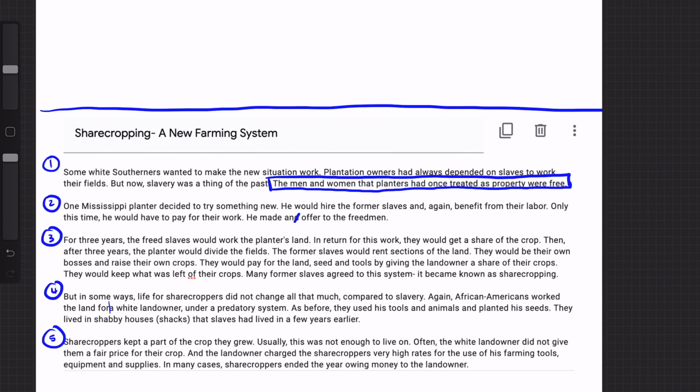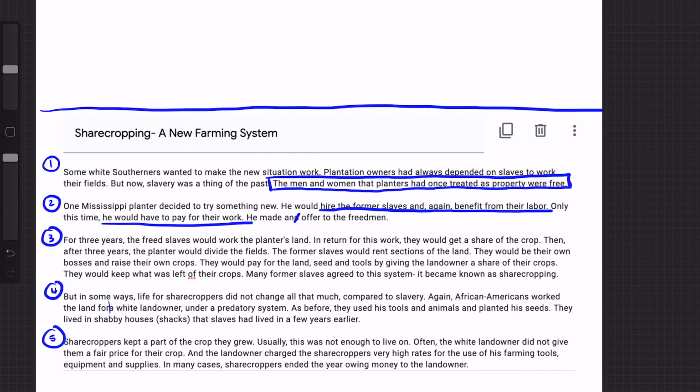Let's move on to the next paragraph. One Mississippi planter tried to do something new. He would hire former slaves and again benefit from their labor. Only this time, he would pay for their work. Okay? So now, the white